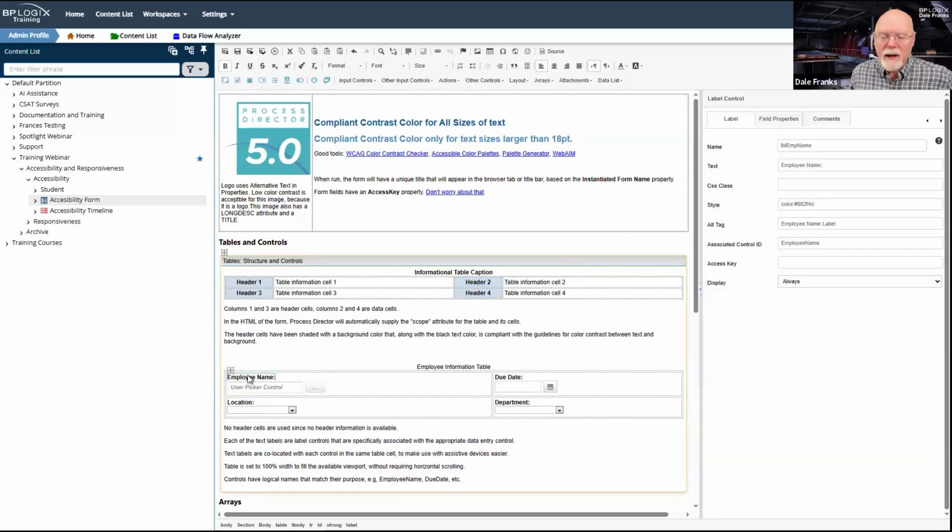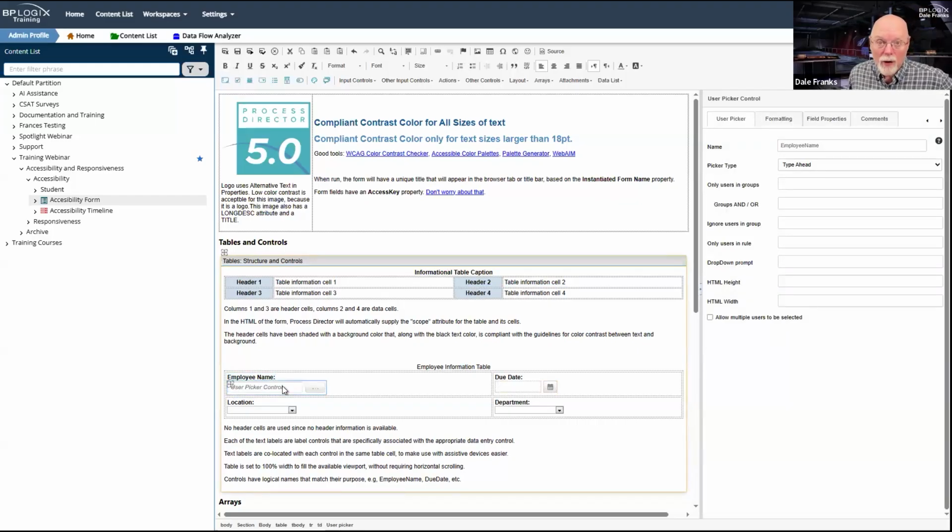You need to put the label and the control in the same table cell. And you can do that in whatever way seems best to you. But if you are using tables for form layout, then you have to co-locate the label and the data entry control in the same location.